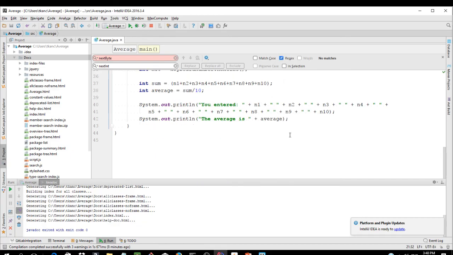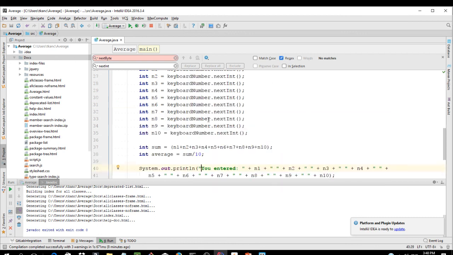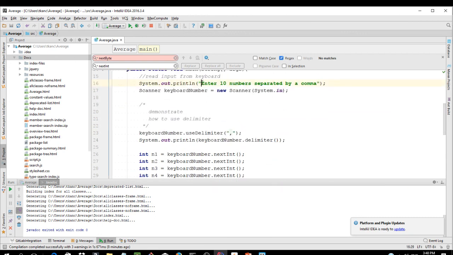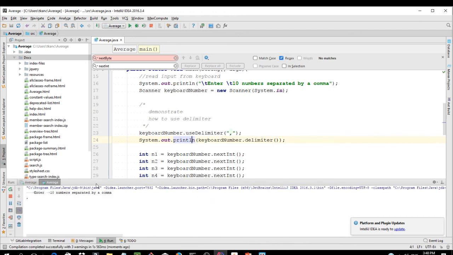Quick example, if I want a tab, like when you say enter 10 numbers, I just put \t. If I want to tab, that \t, right? It stands for tab. Like when I tab, I have more spaces, right? When I run it, it's going to tab. See that? You see that tab? So there are more than just that, it's just special characters. Sometimes how you're going to display it, you have to look at the list on the chart. Okay,